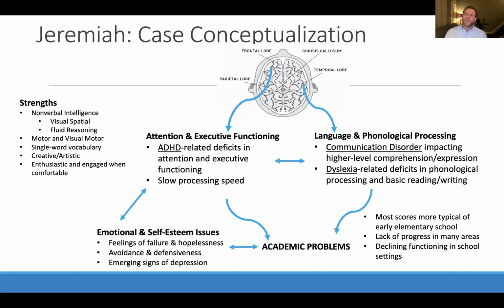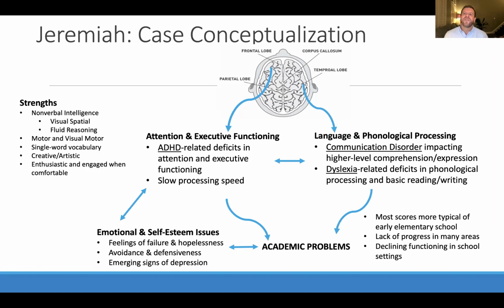What we were also seeing when we did that thorough emotional evaluation is that those academic problems were also impacting Jeremiah's self-esteem and sense of success and effectiveness, right? And that those were resulting in feelings of anxiety. And actually, Jeremiah was showing some signs of emerging depression. So it really underscored the need for increased support. But he was also developing some negative patterns of managing that frustration, like avoiding or getting defensive. And those were things that were really important for us to highlight.